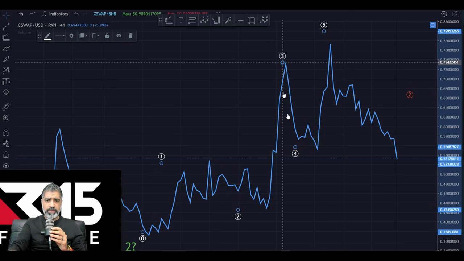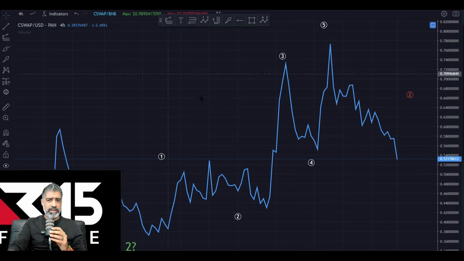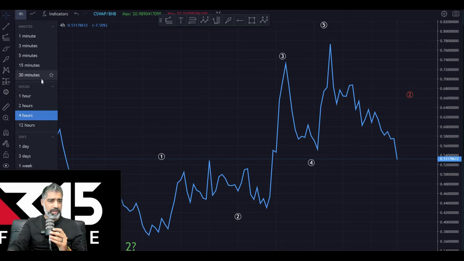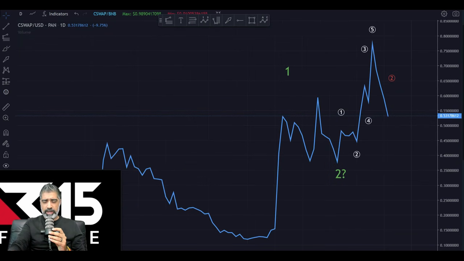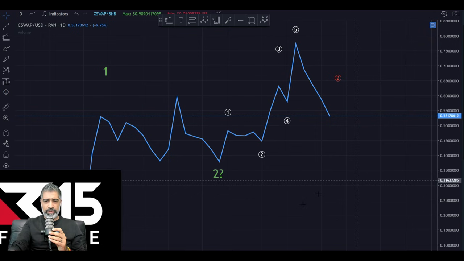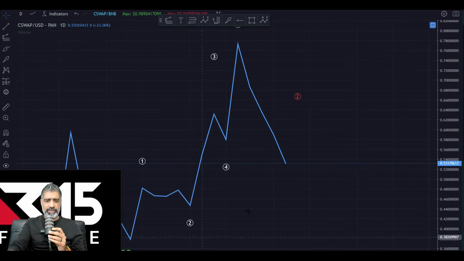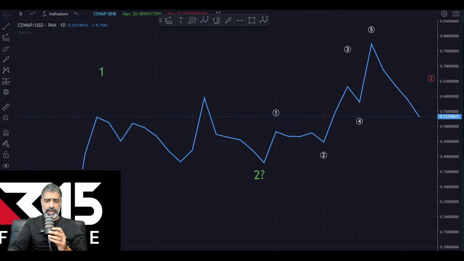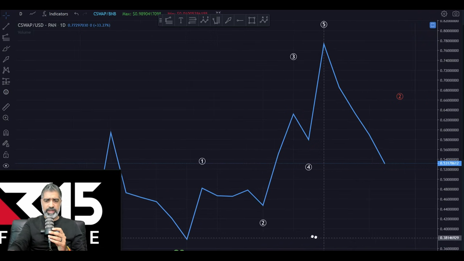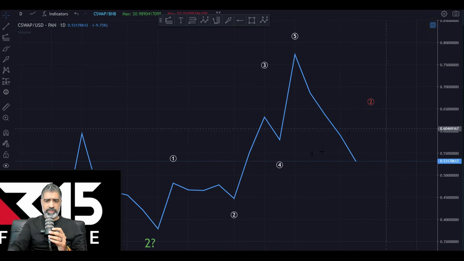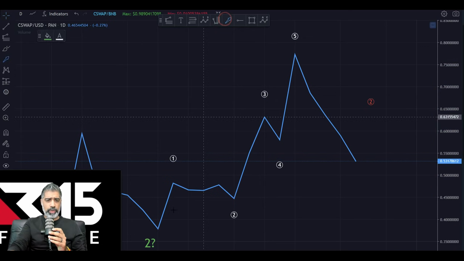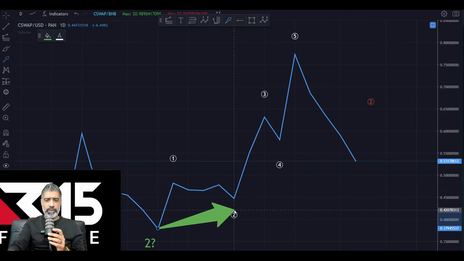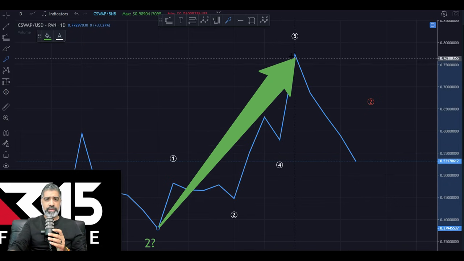So we got this, what looks like very clean. I was using, in fact, sorry, I'm going to use a daily chart. Daily chart is just a bit cleaner, and it eradicates a bit more of the noise, gets the noise out of the way. Just going to do it like this. Yeah, just like this. Perfect. Yeah, that's clean. Right, so what we're looking at here, just so we're on the same page, is a nice wave one, a wave two, a wave 3, 4, 5, followed by an ABC correction.